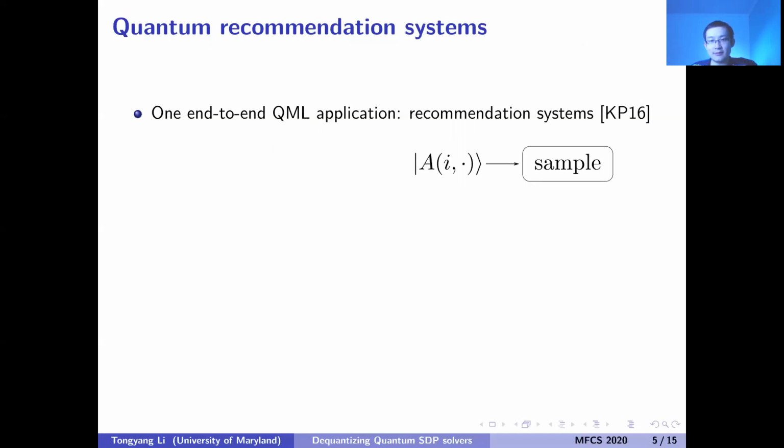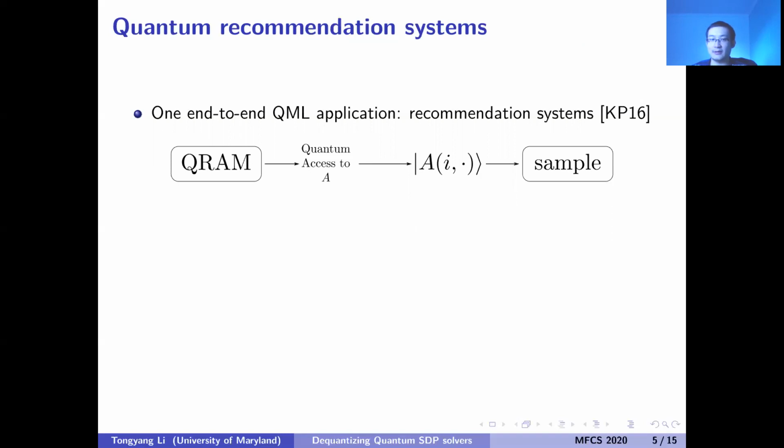The polylog-time quantum algorithm due to Kerenidis and Prakash in 2016 works like this. If finally you want to get some sample like this, the input that is required is taken as some quantum state like this. In particular, there is something called quantum random access memory. After having access to such quantum random access memory, you get access to matrix A here and make it a quantum state. After preparing this quantum state and performing some interesting quantum algorithms, you can solve